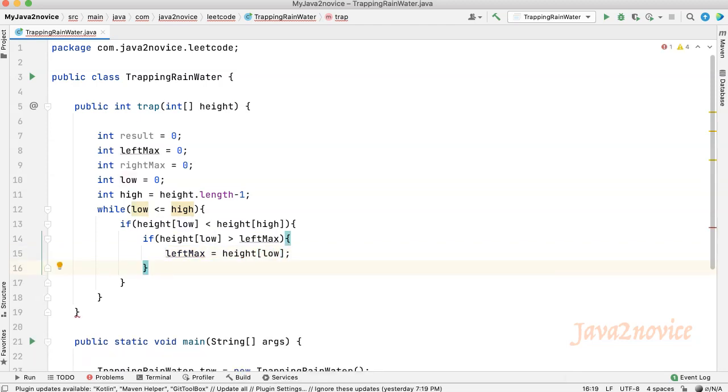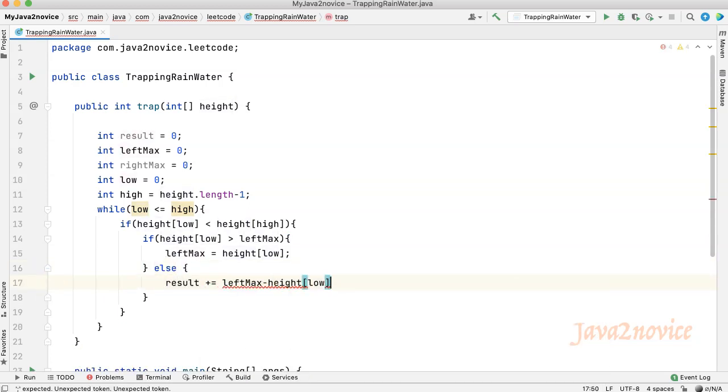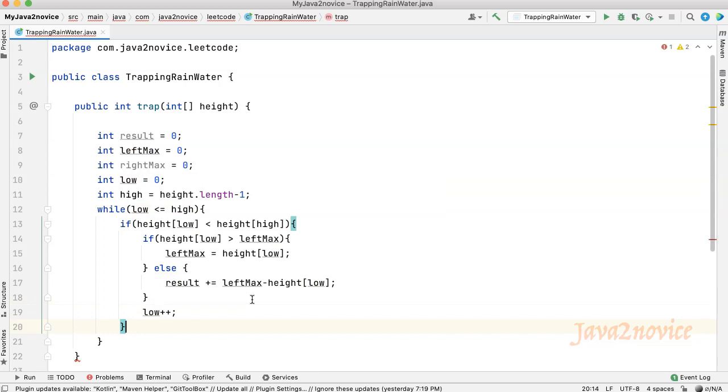Otherwise, calculate depth at current element. Increment low index by one step. If array element value from right side is less than the left side value, then check that is it higher than right max or not.